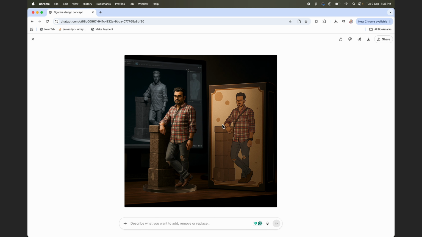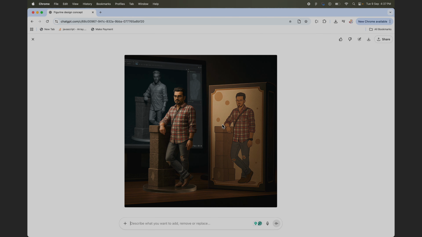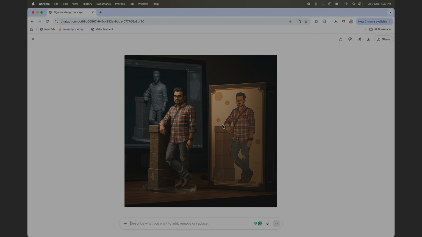So finally, ChatGPT has created this nice image for us, but it is missing the likeness. Probably Gemini has done a better job there. But yeah, still, this is a new trend, so you guys can explore this and create your own action figures